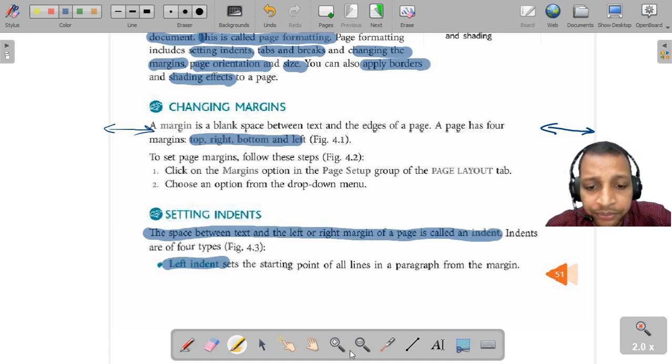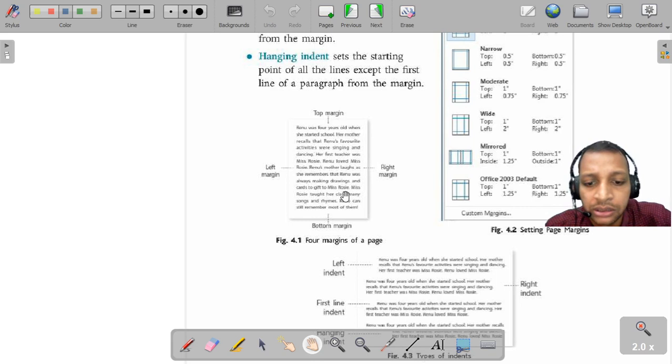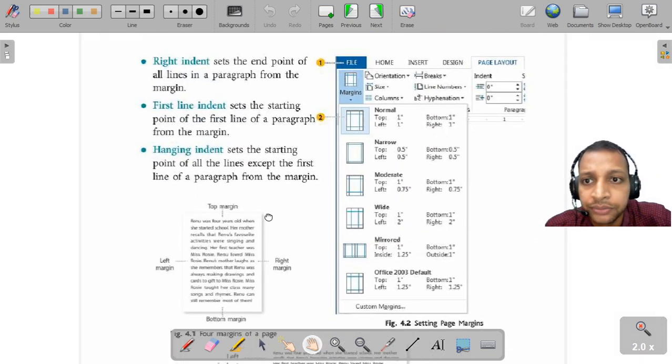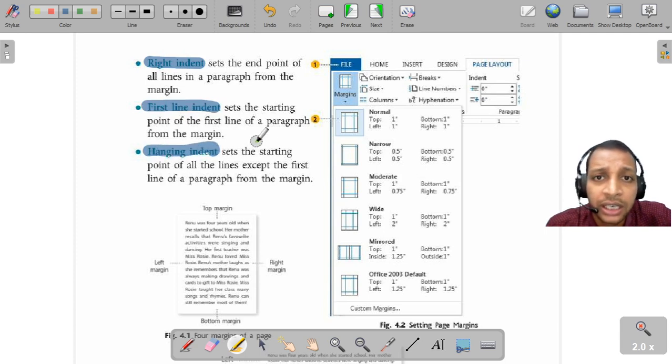Left indent. Then we have right indent. Right indent is the distance between the text and the right margin. Then first line indent and hanging indent. First line indent is the space between the text and the left margin.